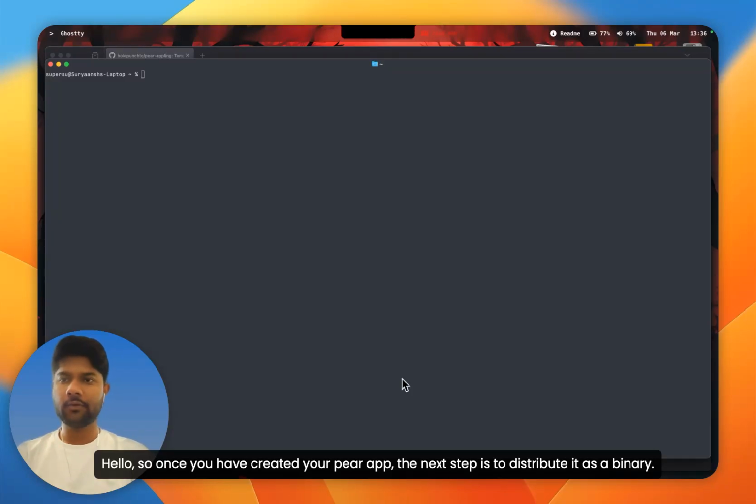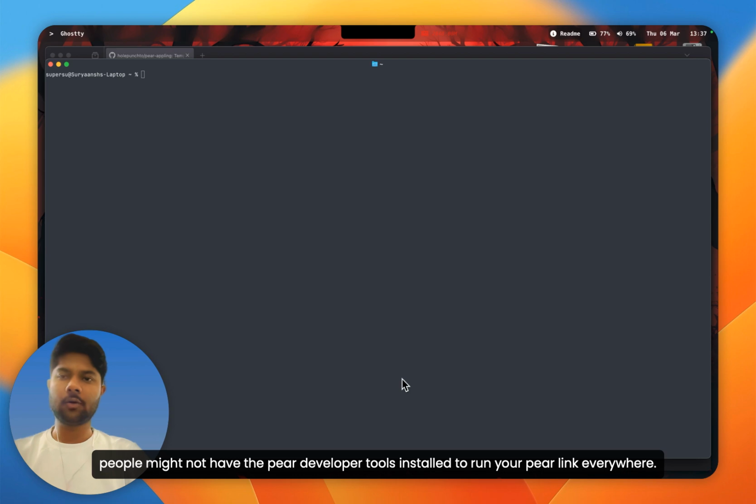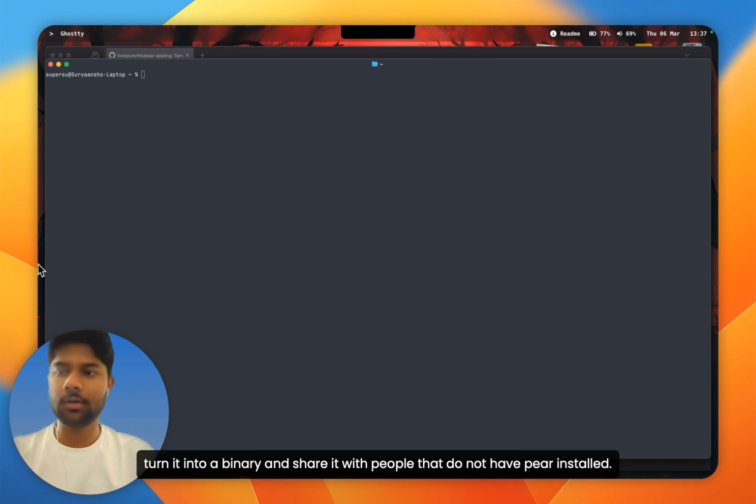Hello. So once you have created your Pear app, the next step is to distribute it as a binary. That is an executable installer for Windows, Mac, or Linux, because people might not have the developer tools installed to run your Pear link everywhere. So it's best and expected from you that you turn it into a binary and share it with people that do